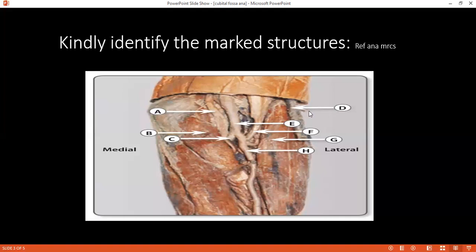D, yes, it's the cephalic vein. How is it formed, please? It starts from the dorsal venous arch of the hand, and there are two branches from there. The medial one will be the basilic vein, and the lateral one will be the cephalic vein, and they run